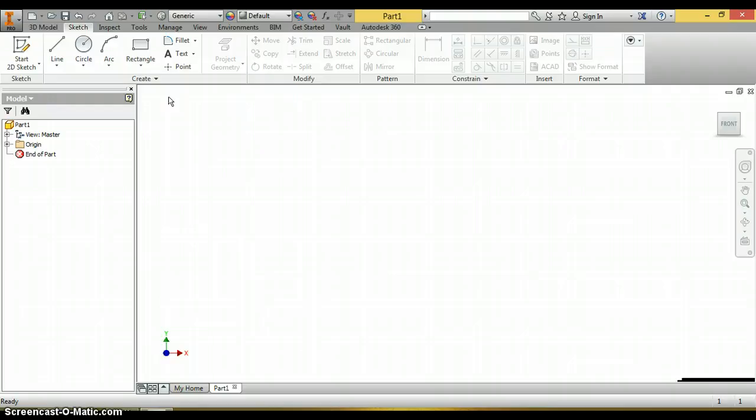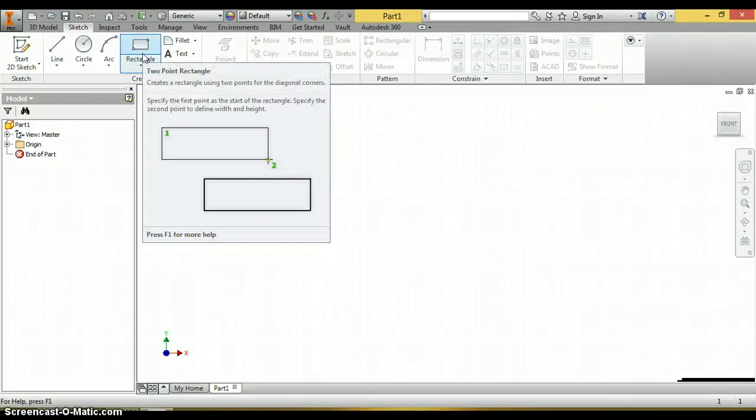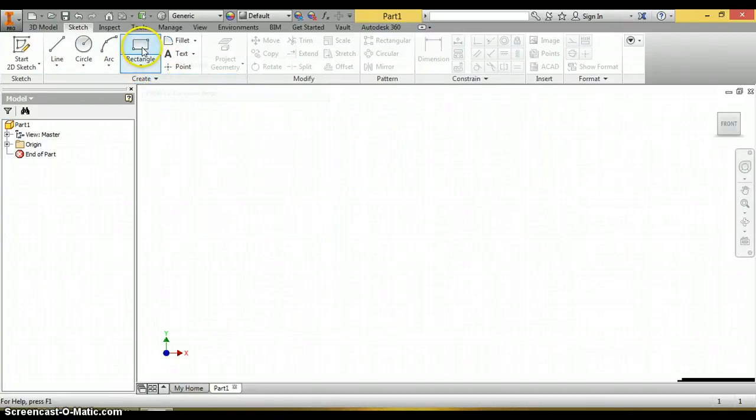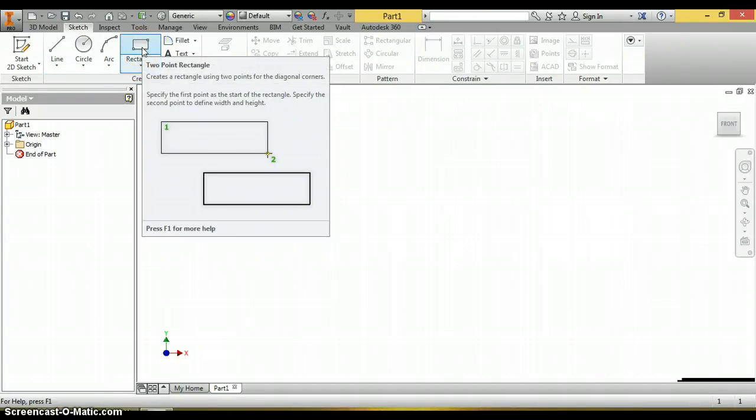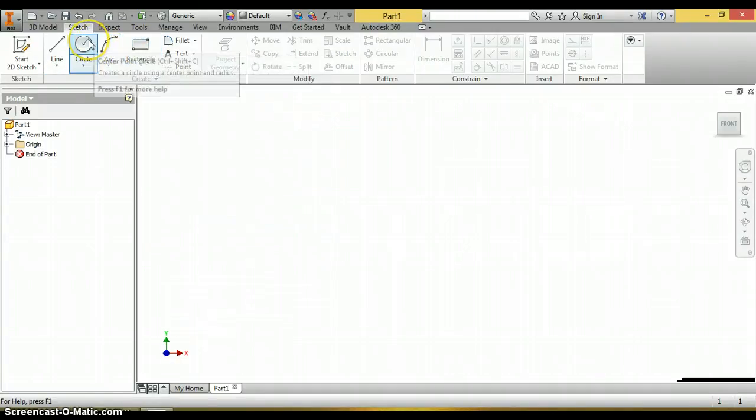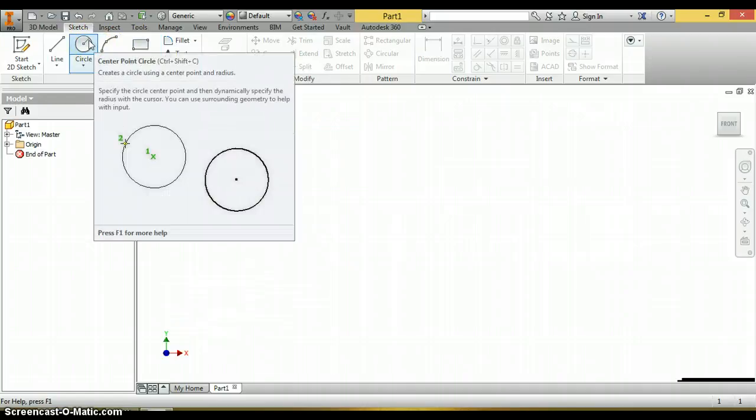If you want to know about any of the commands, just place the cursor on that, it will show you the detailed description of that command. For example, I have the mouse on the rectangle, so it shows here how the rectangle is used. Nothing to do, just pass on that command or icon. You can see the circle, how circle is drawn.